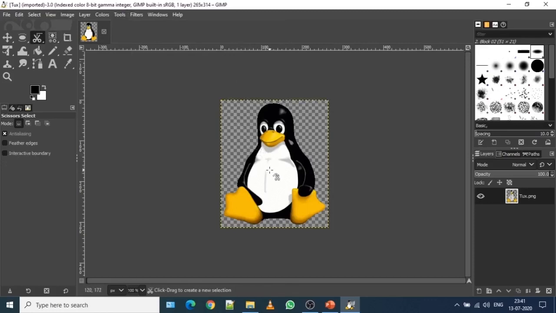What does scissor select tool do? This tool allows you to select shapes using intelligent edge fitting. The area of the image is selected using control points. So if I click on the area, it will create the control point. Did you see that? Let me move this area.